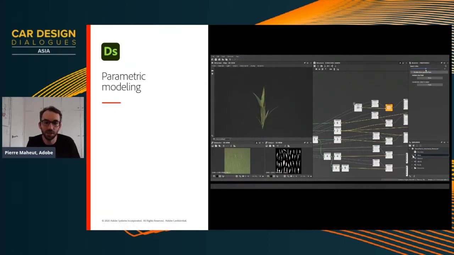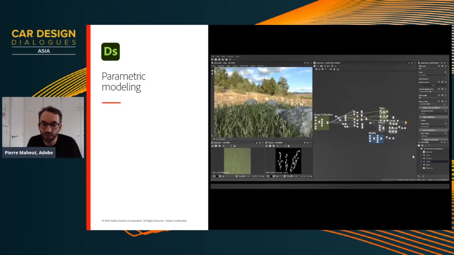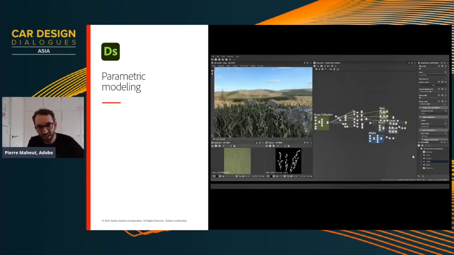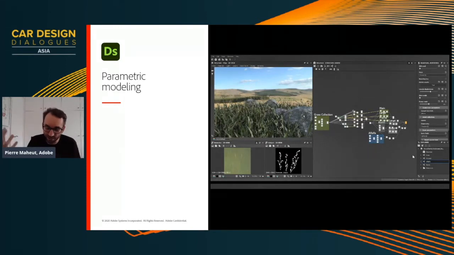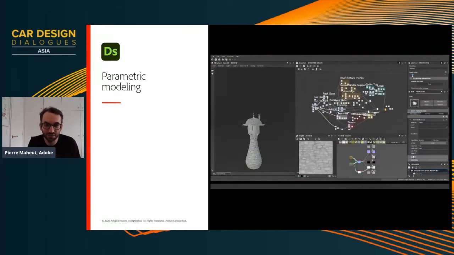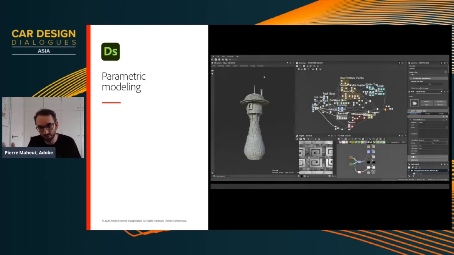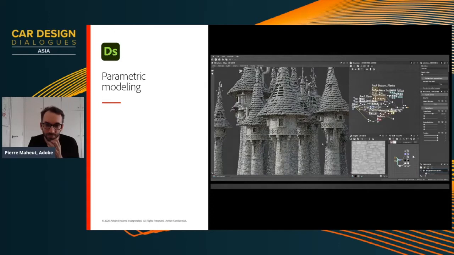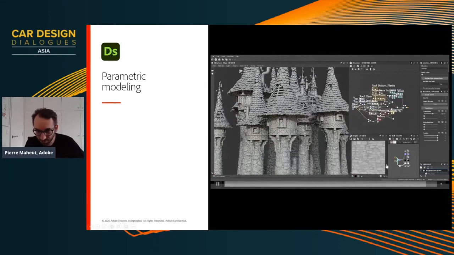And then bring it back together. When you are modeling this way, you can model tires, you can model couches, you can model towers. The limit is imagination. So here we have examples that belong to the different industries we serve, from VFX to game to architecture.